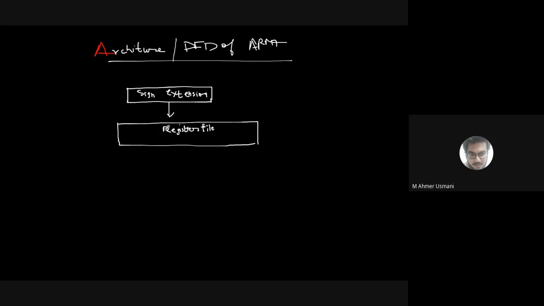So the registers that are active at a given time are from where to where? R0 to R15. Okay. So at a given time, 16 registers will be activated from R0 to R15. So from these registers, we'll be taking the data into a device or into a circuit which is called as,